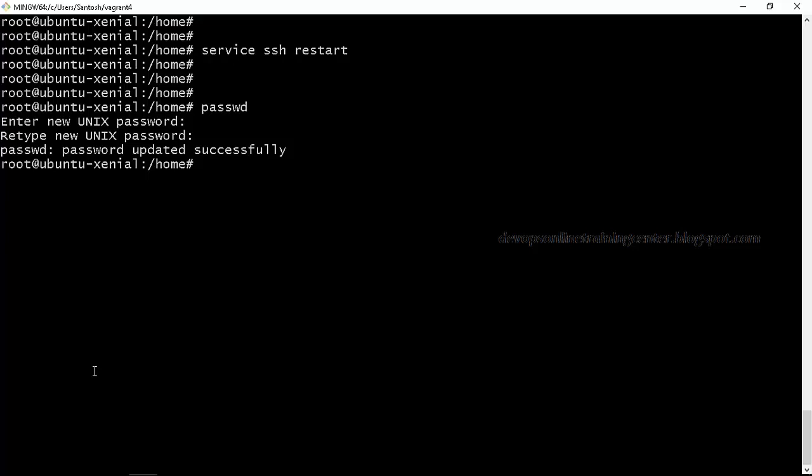SCP root@ and what is the IP address? This is the IP address, colon, the file is at a location.